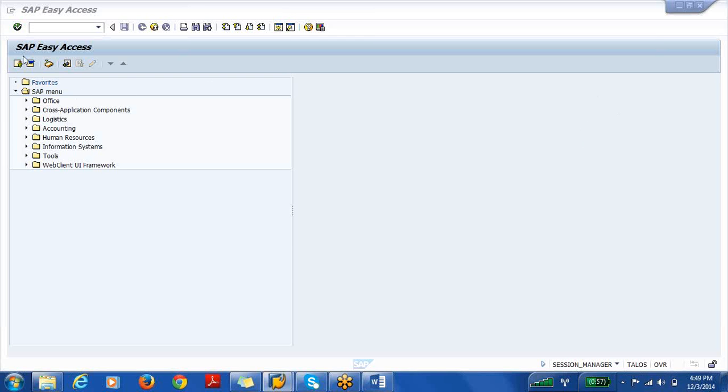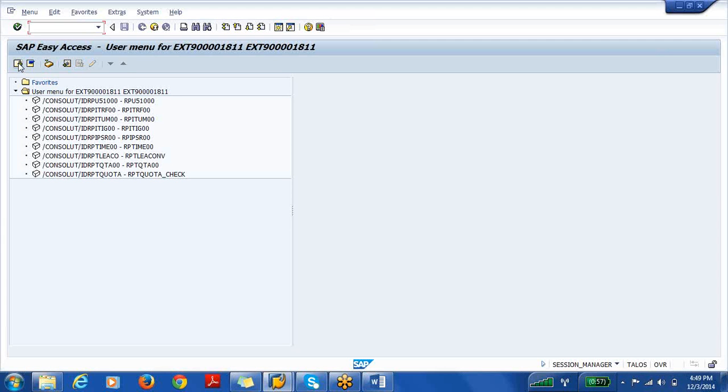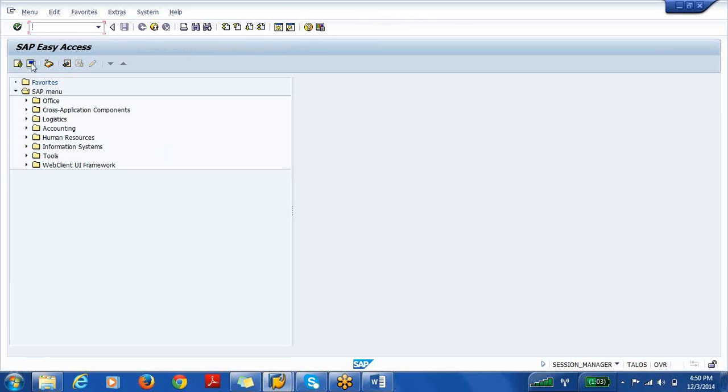So this is SAP menu, and this would be user. This is the username I use to log on to the system, and this would be SAP menu. So in SAP menu, first I'm going to expand